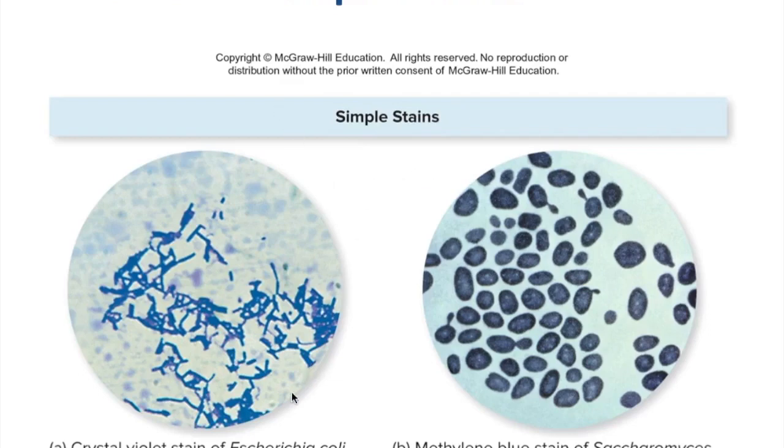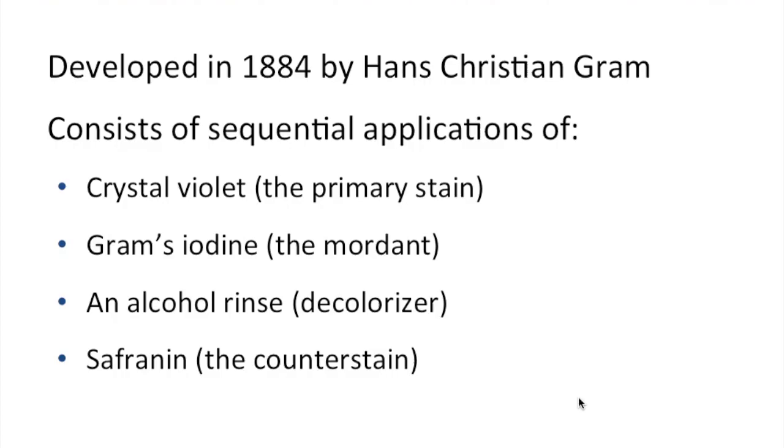So the simple stain, like a crystal violet stain on the E. coli, is just one dye. One dye can color the cells. For differential stain, for example, the Gram stain. The Gram stain was developed by Hans Gram, so it consists of